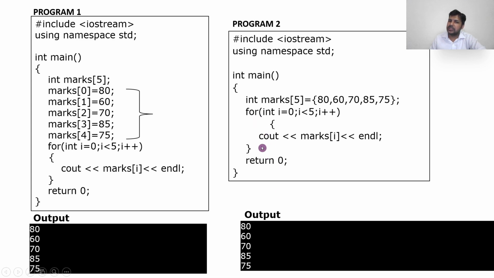So the for loop is the same. Okay, so the only thing is initialization. Individually you can initialize or all at a time. Okay, right. Now let us see